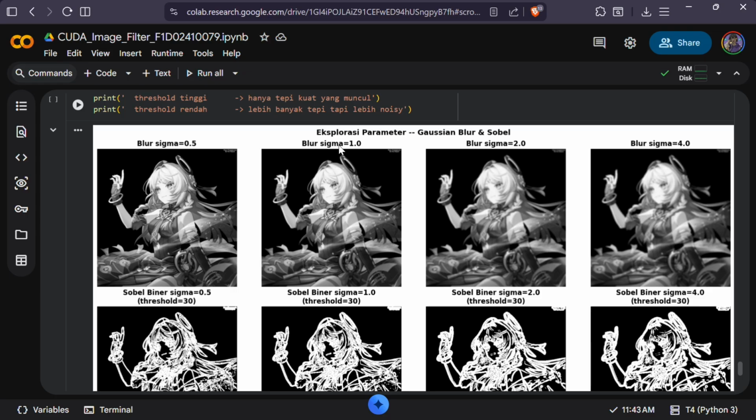It processes all of them at the same time. That's why a 2000 by 2000 pixel image that takes 300 milliseconds on the CPU finishes in just 12 milliseconds on the GPU.